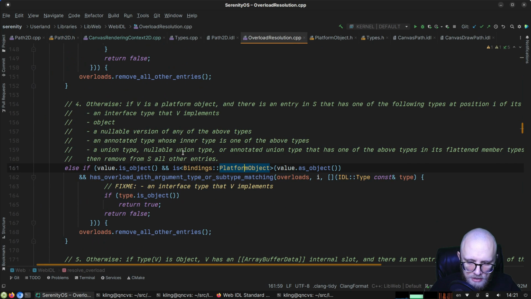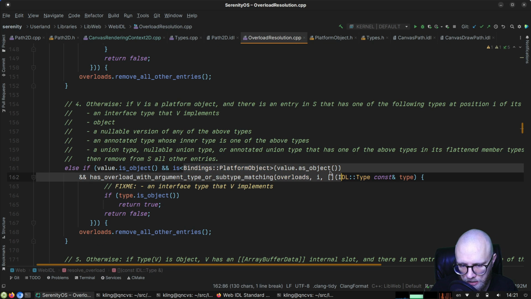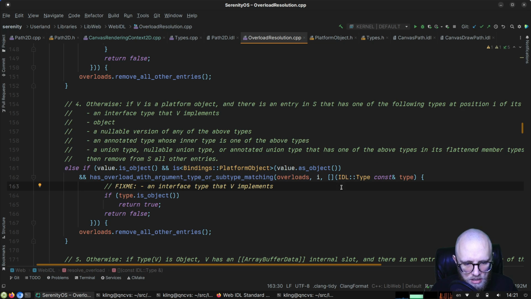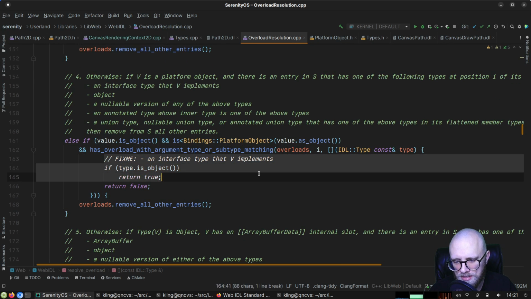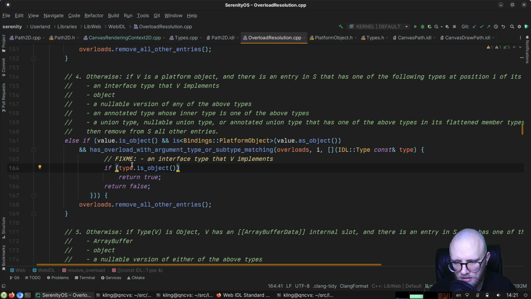So what do we say about that here? So if it's an object and it's a platform object and it has overload with argument type or subtype matching overloads I, let's see. FIXME, an interface type that v implements. So it seems like here we just check. This is like a FIXME about that, but this is not the FIXME that we're here for, but it's checking, as I read it, is there any JavaScript object in the argument slot? Wonder